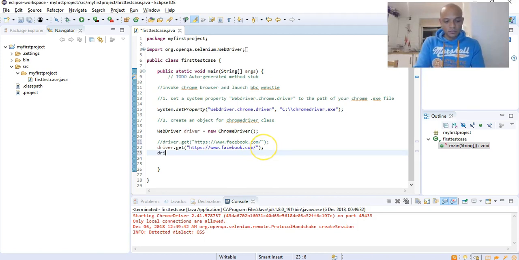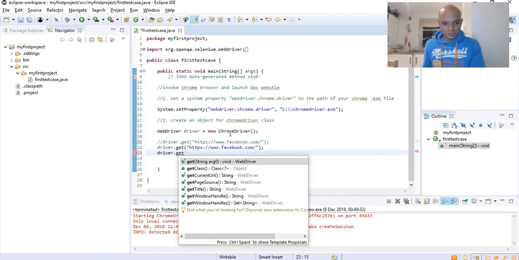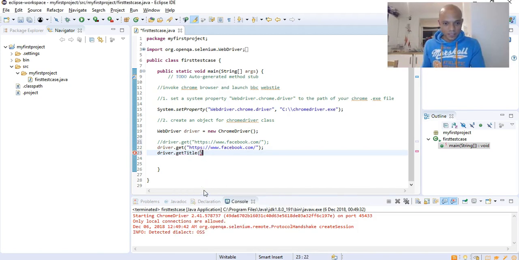So you go driver dot, and what's the method we want to use? Get title, right? Now that is also a string. Don't forget that. Now you run this, you will not see anything, because it's a get title, and it doesn't